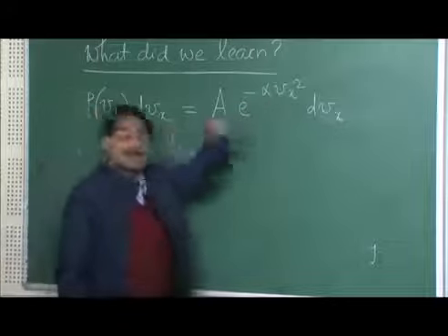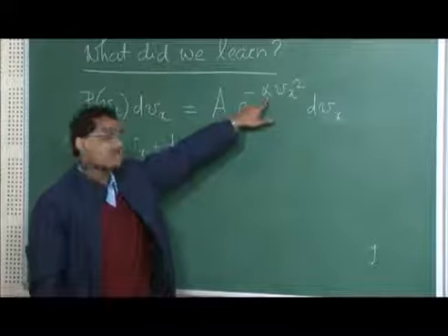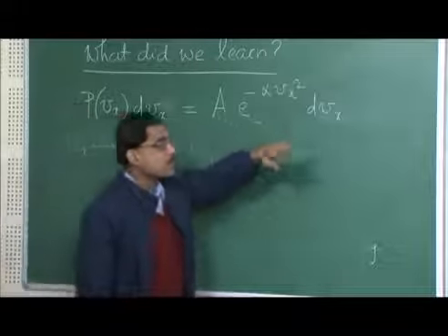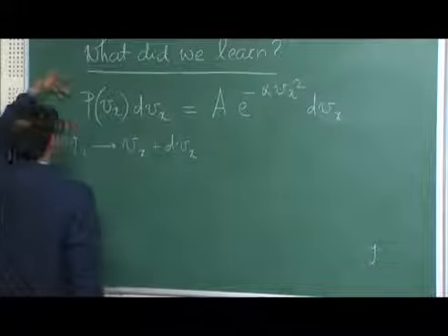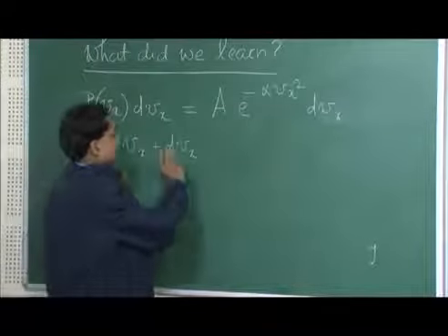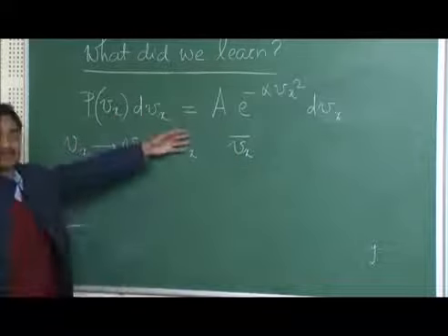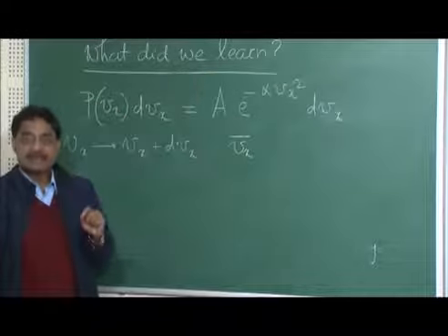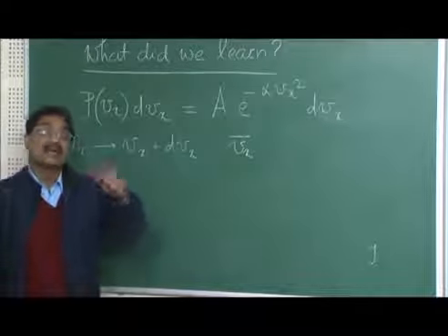What is alpha? I am not going to specify, but this alpha must be such that this whole thing is dimensionless. A is once again the normalization constant, which ensures that if I integrate from minus infinity to plus infinity, I get unity. Now, if you calculate Vx average, you look at this mathematical form. This is Vx square, which says that the probability that Vx has a positive value or a negative value